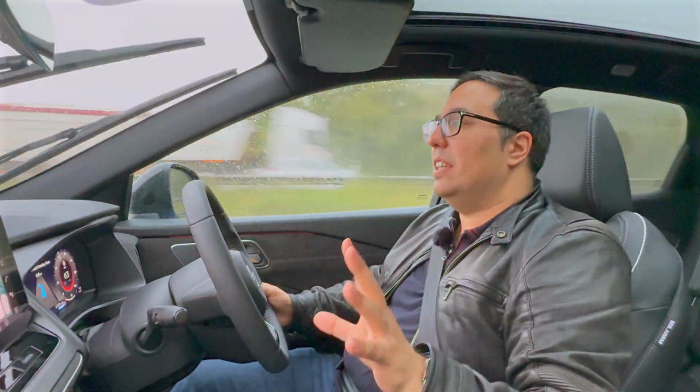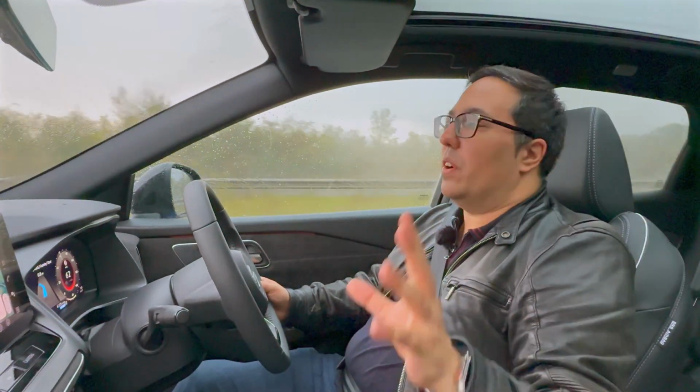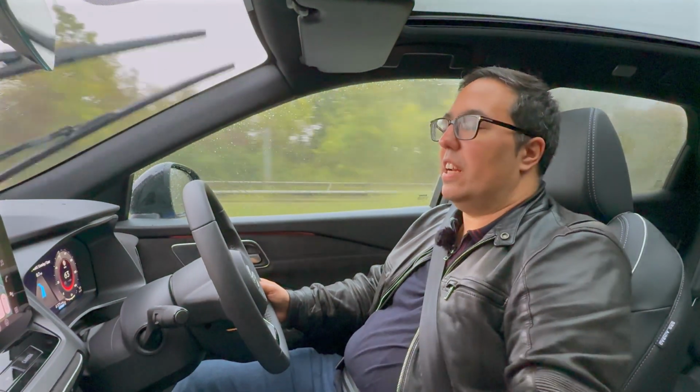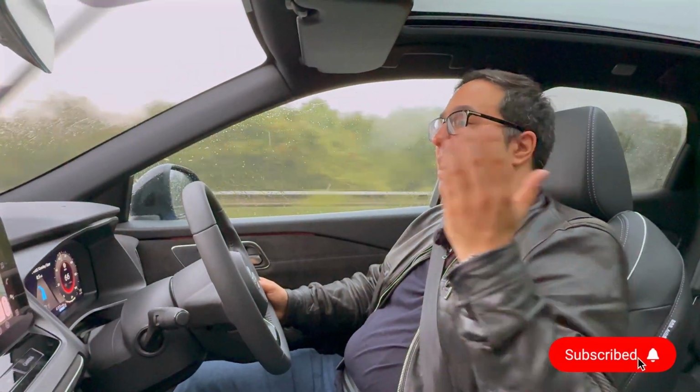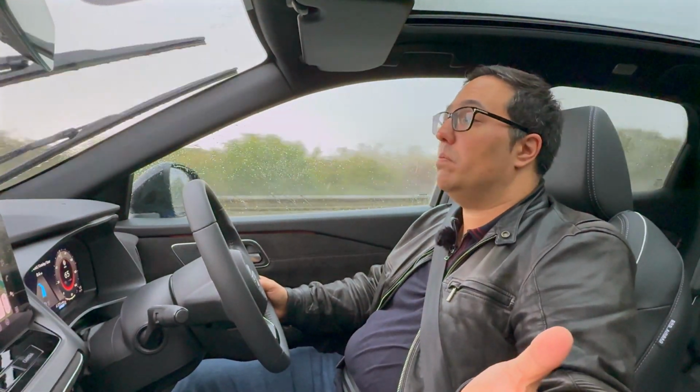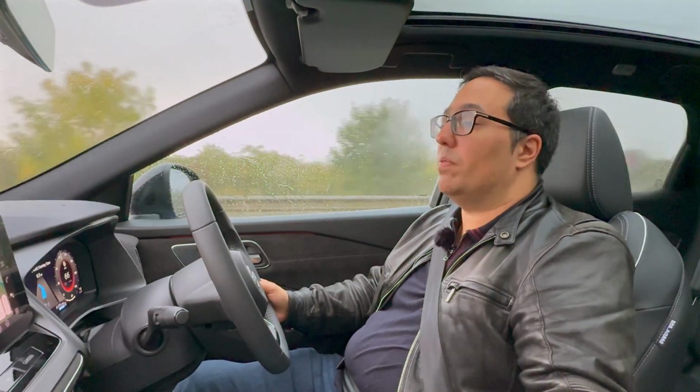Would be great to have some more time with it, but if you want a quick review, here we go. Qashqai 2024-25, really comfortable, really, really nice to drive. In the hybrid version, you get the best of both worlds, electricity and the ability to fill up your tank, just like a normal car, wherever you go. So that is a